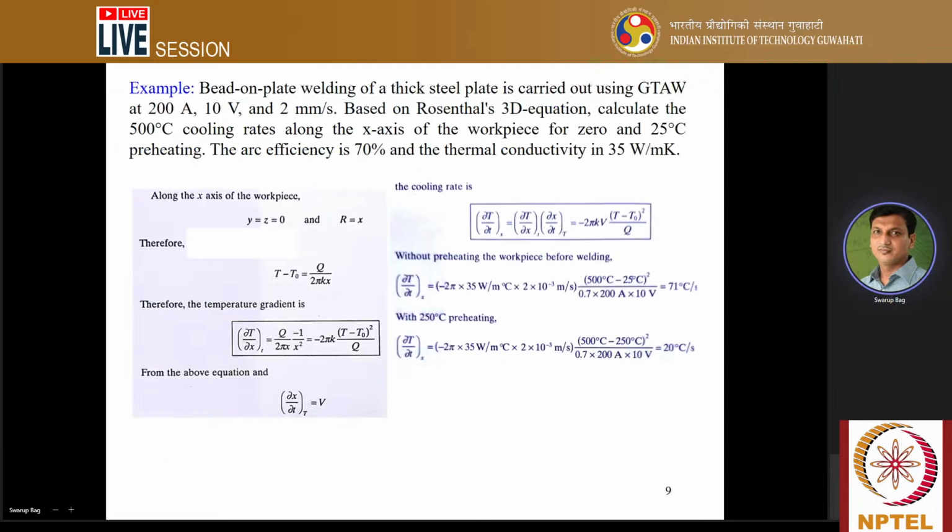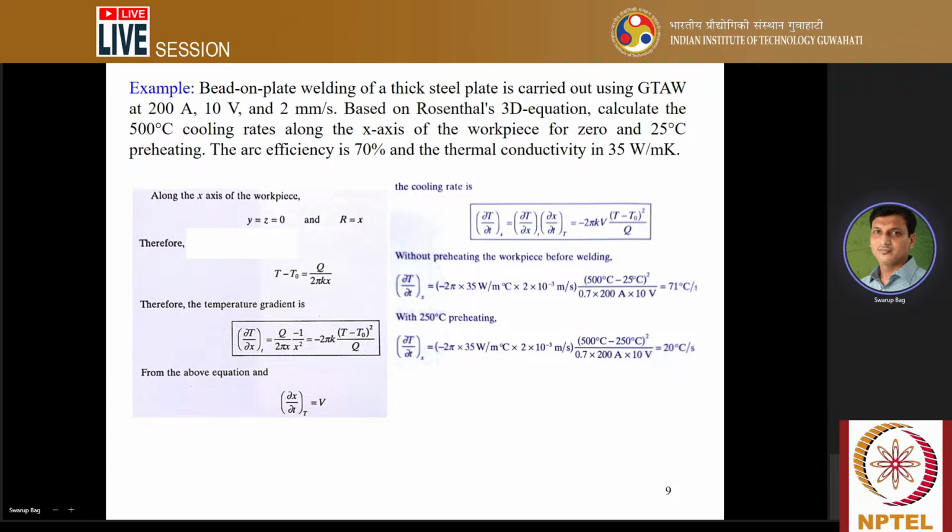Now, if someone asks for a numerical, I just picked up one numerical from a standard book. Just look into the example. We are considering bead-on-plate welding, that means simply hitting the substrate material of a thick steel plate using the arc. It is carried out using the gas tungsten arc welding process at 200 ampere, 10 volt, and the welding speed is 2 millimeter per second. Now, based on Rosenthal's 3D equation, calculate the 500 degree centigrade cooling rates along the x-axis of the workpiece